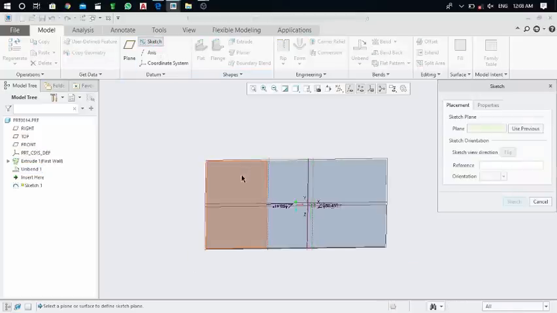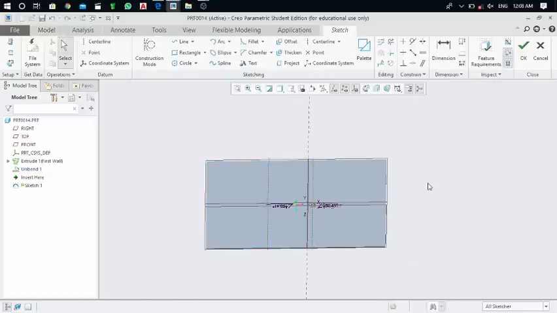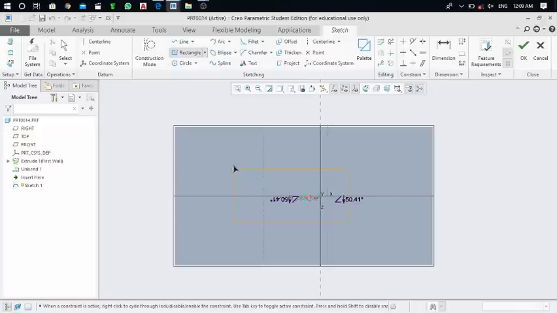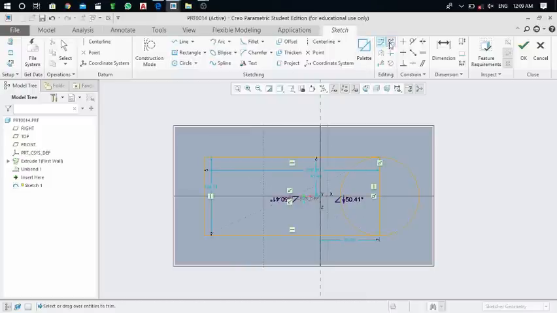Click on this sketch, select this plane, click on sketch, click on this sketch view, and now take this line command. Either you can take this center rectangle and draw it from over here like this. OK. And now take this circle, draw it from this to this point, and take this trim command or delete segment command and trim this much portion and this much portion like this.